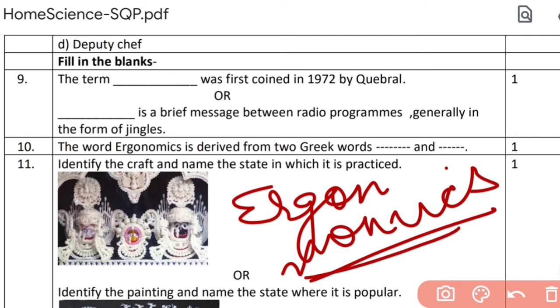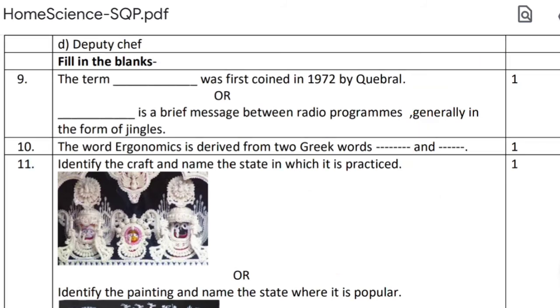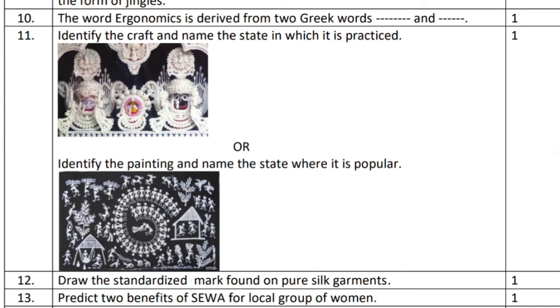Can you tell me the meaning of nomics? Nomics means the basic natural laws. This is given in your marking scheme also, the natural laws, or you can also call it study. And study of what? Work. So ergonomics is the study of work, where you consider how a person gets tired, how much energy is wasted on different activities. If you have a standing kitchen or a sitting kitchen, which kitchen is more efficient, energy management. So these are all related to ergonomics, and it is from unit 1.